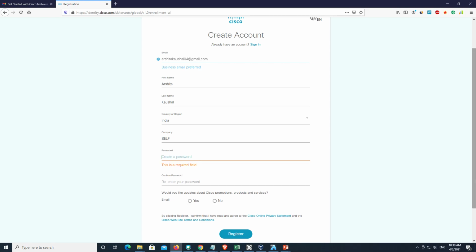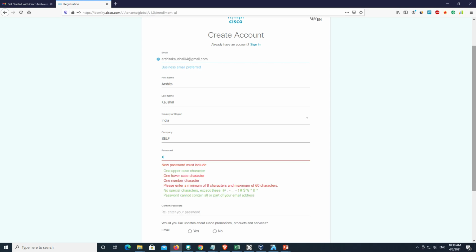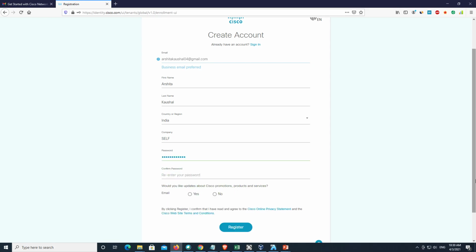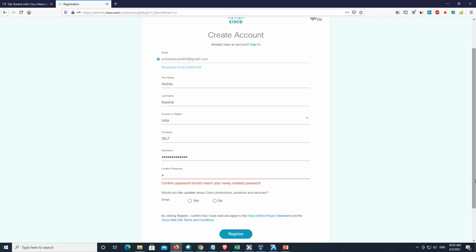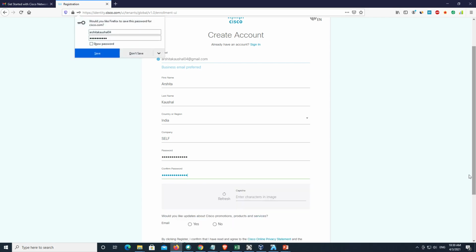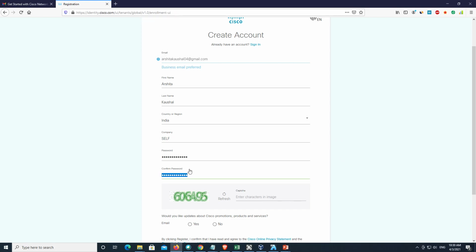The password should be complex, a minimum of 8 characters, with symbols, numbers, as well as lowercase and uppercase characters. Then you need to enter the captcha.